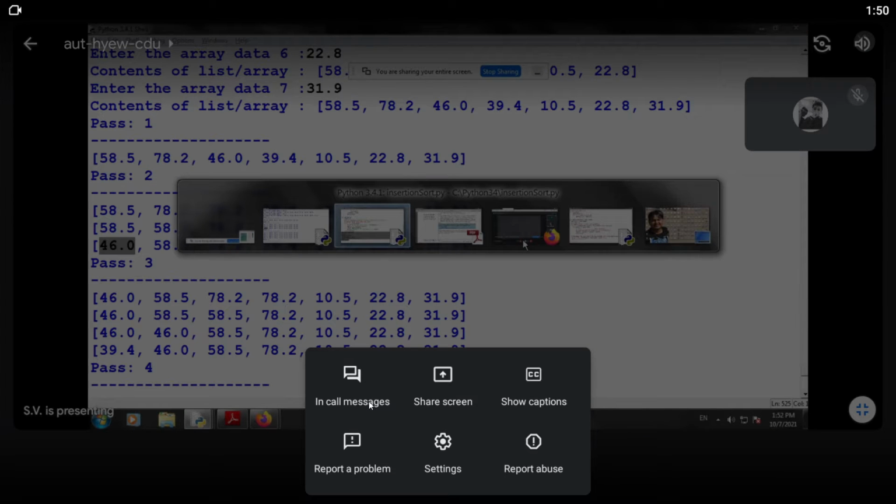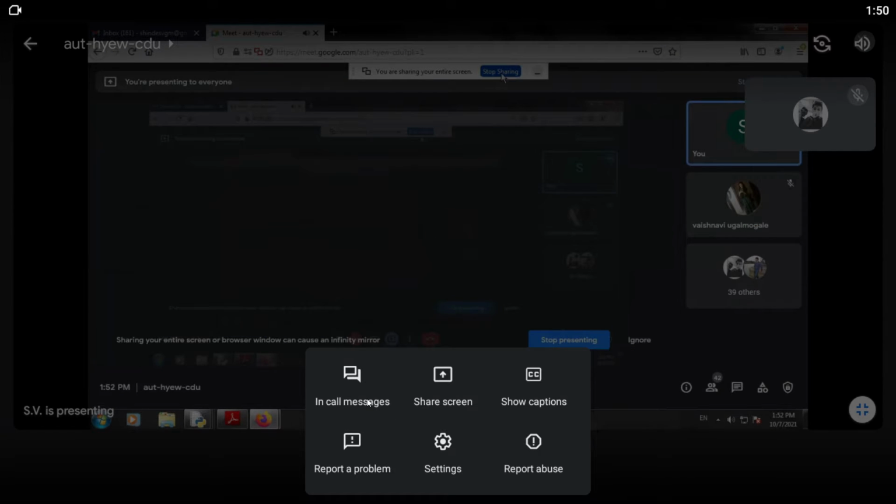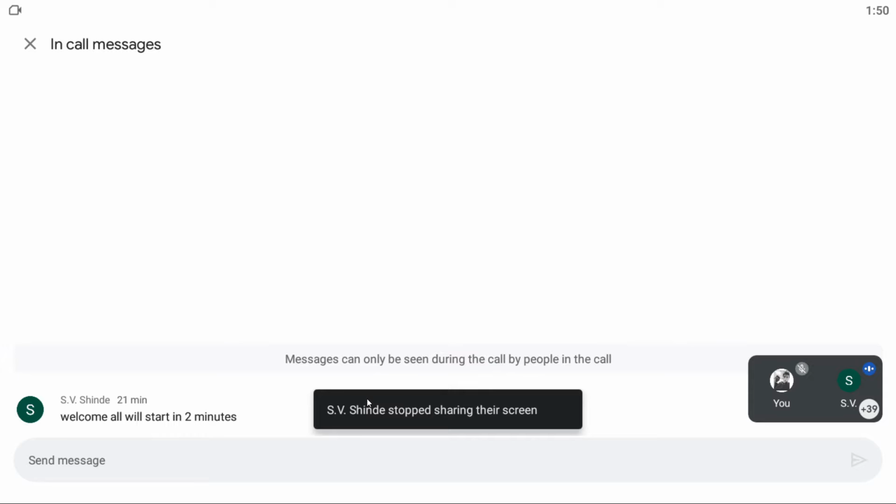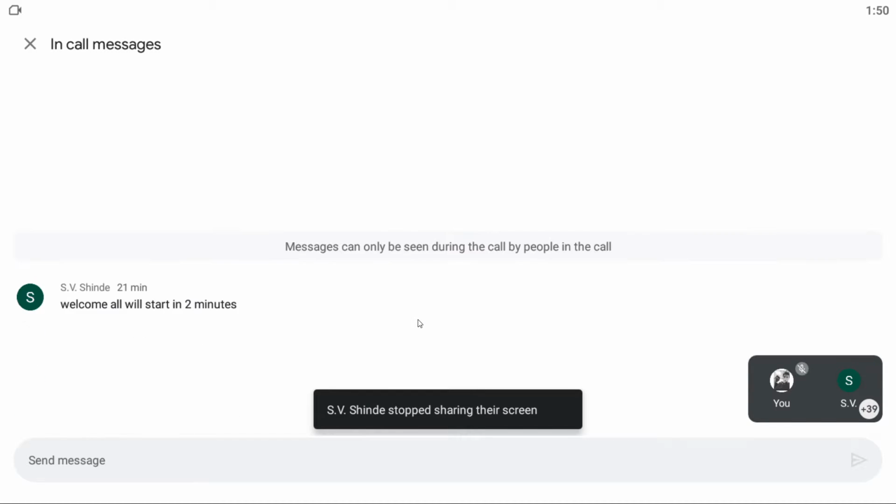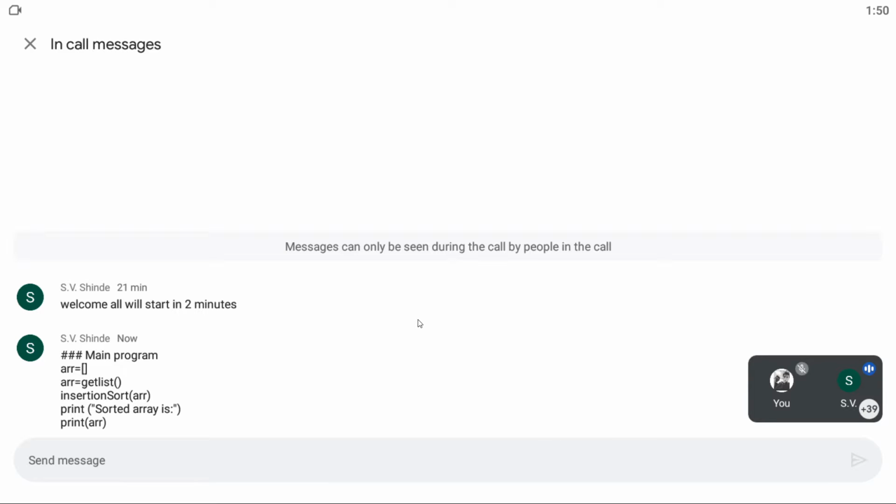So I share the contents in the chat box. You can take down the main program. Then we have the get list.